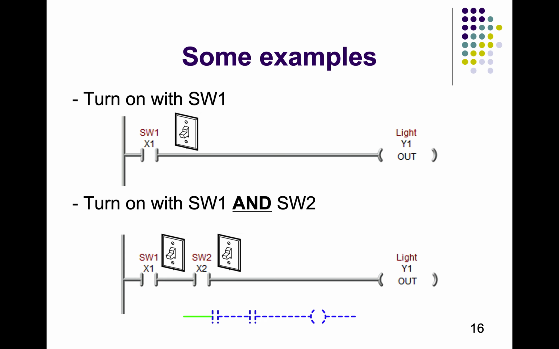Now if we want to implement an AND logic, that means whenever we turn on both switches, only then should we light the bulb. This is how we can do that in the PLC. Here the power source comes and stops at X1. Whenever we turn on X1, the power will go to X2. Whenever we turn on X2, the power will go to Y1. If you are just simply turning on X1, X2 is turned off, so power won't be carried to Y1, so Y1 is turned off. Or else if X1 is not active and X2 is active, that means power won't be coming till X2, so it is not going to turn on the light.